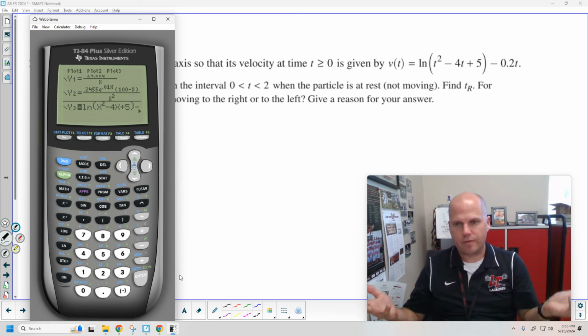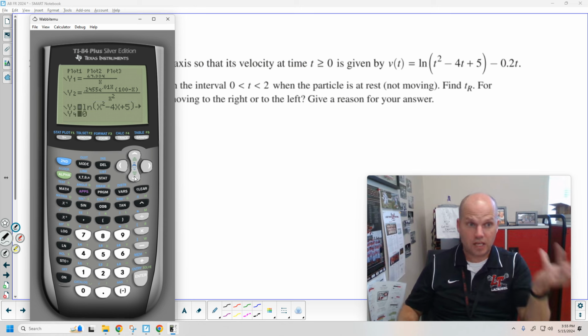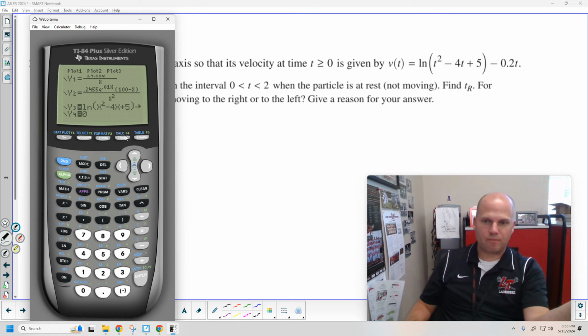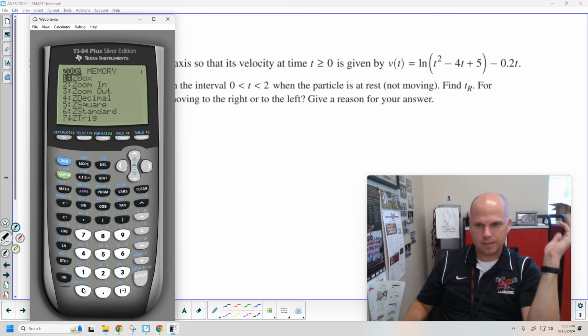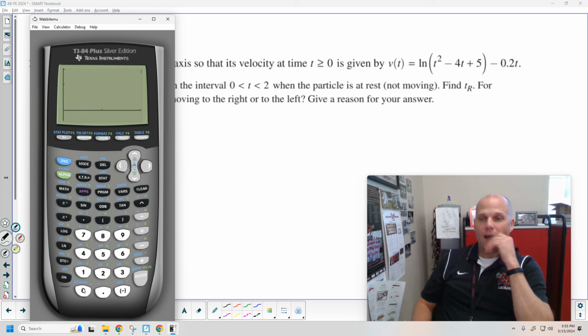Understand this is a derivative. So we're back in the world of given a derivative. We should be graphing 0 as well because we need to find the intersection. We should adjust our window to be 0 to 2. We should zoom fit this. And we see